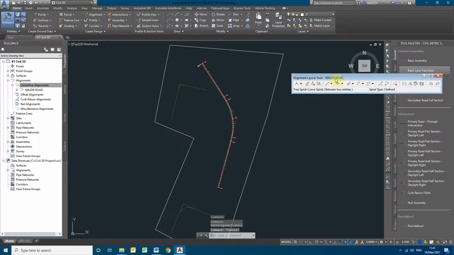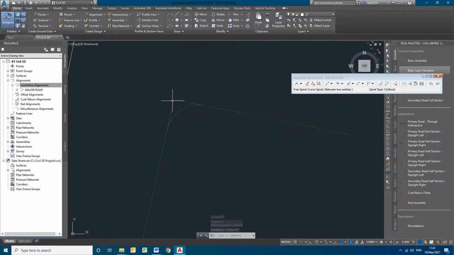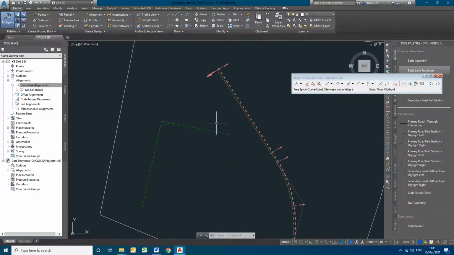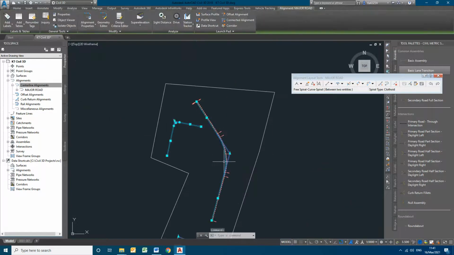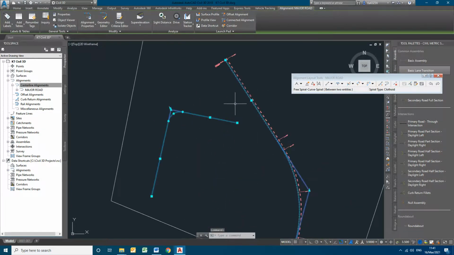So in the same alignment, I am creating three different alignments in different areas. So the annotation was not shown properly. So all the three are now being considered as the same alignment.